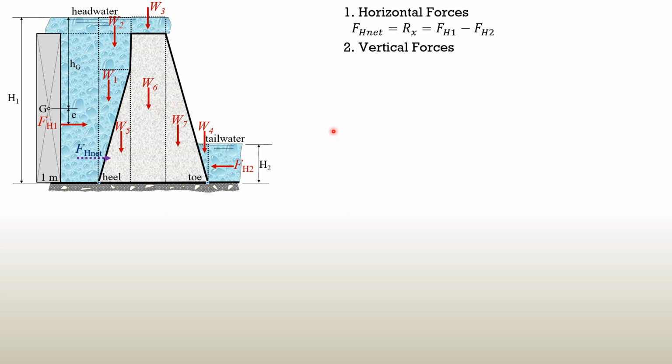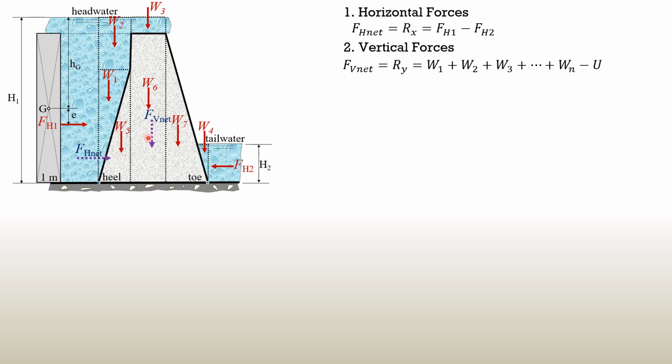So the vertical force or forces would be Ry, and the net Ry or FV net is equal to the sum of the weights, vertical forces, minus uplift if there is any, if it is considered, especially if the base of the dam is pervious, that water is allowed to flow through underneath. So this is FV net, and the distance,